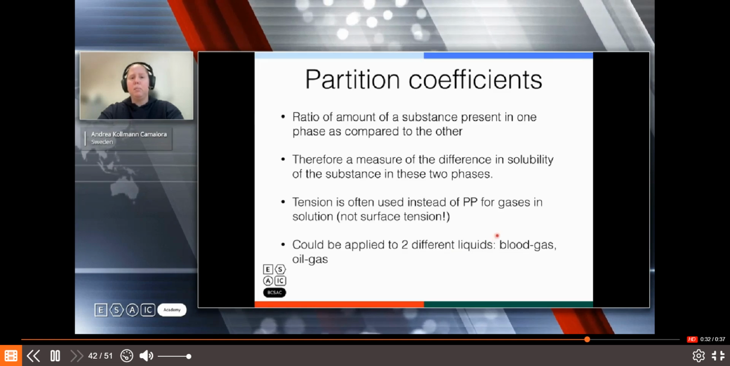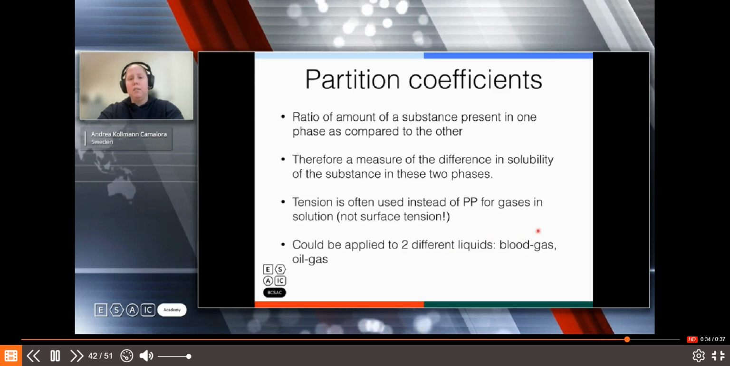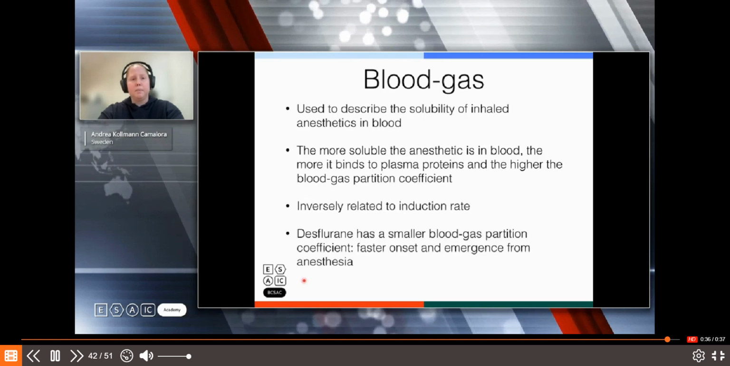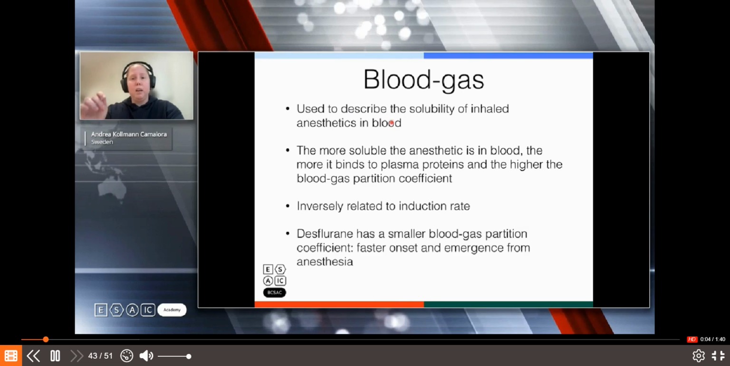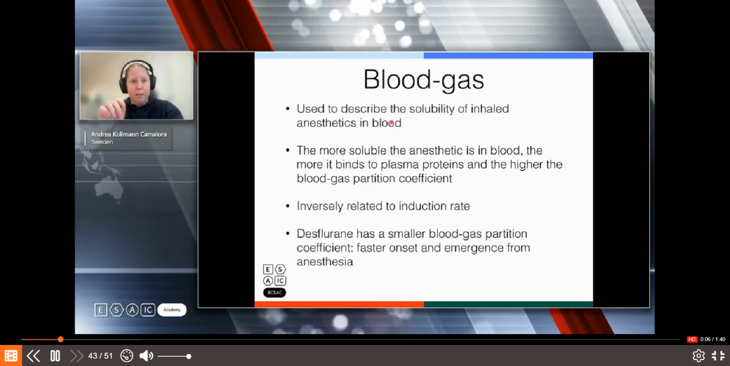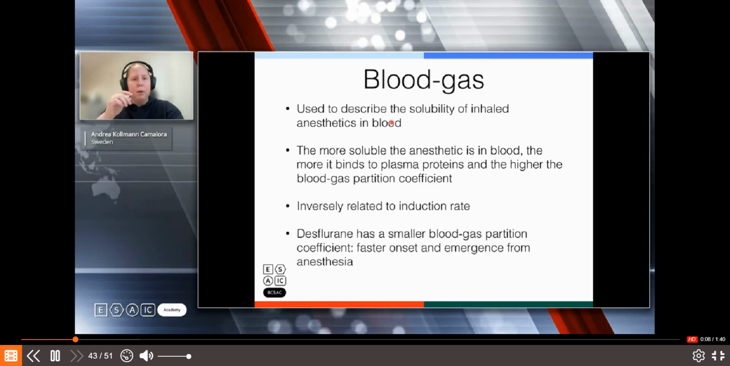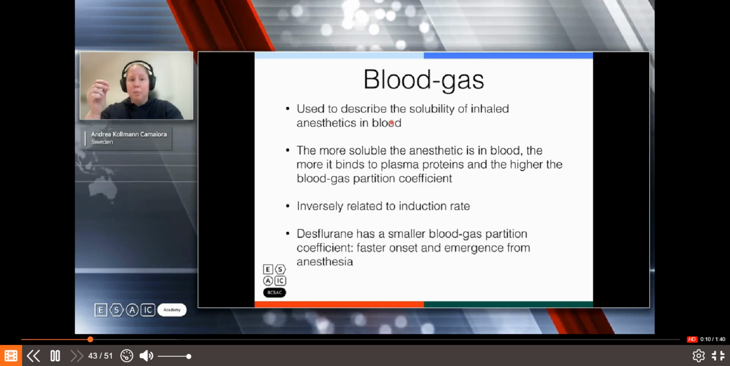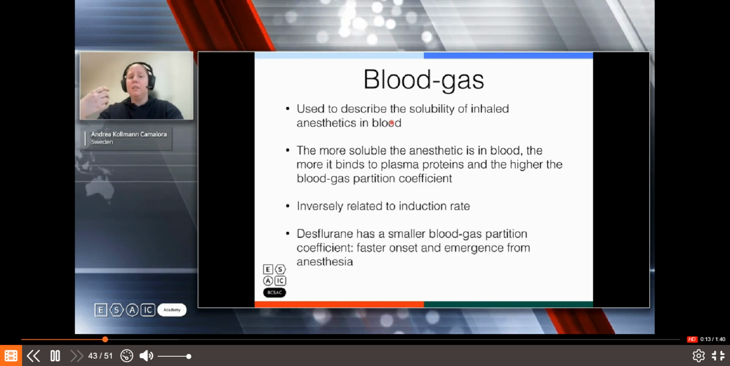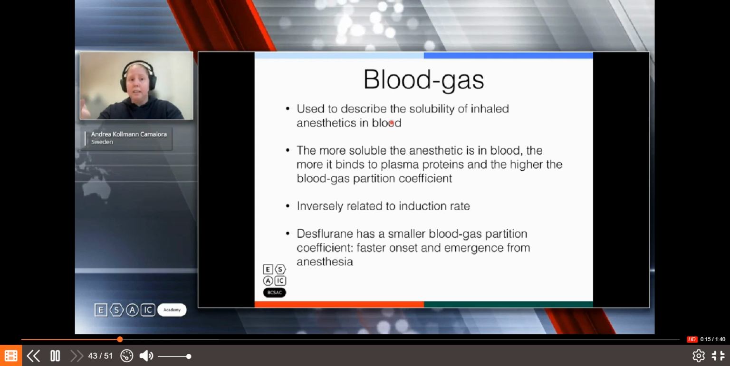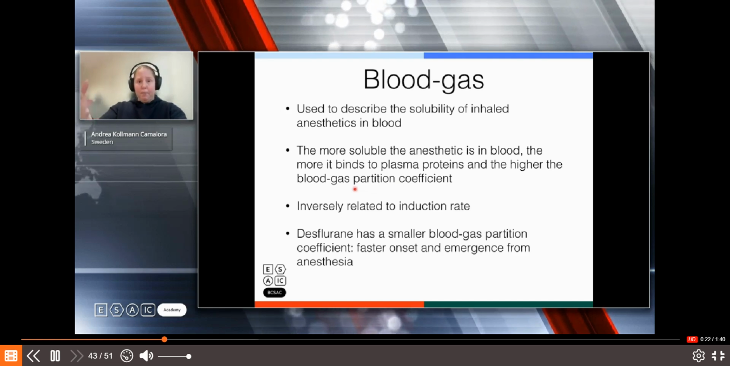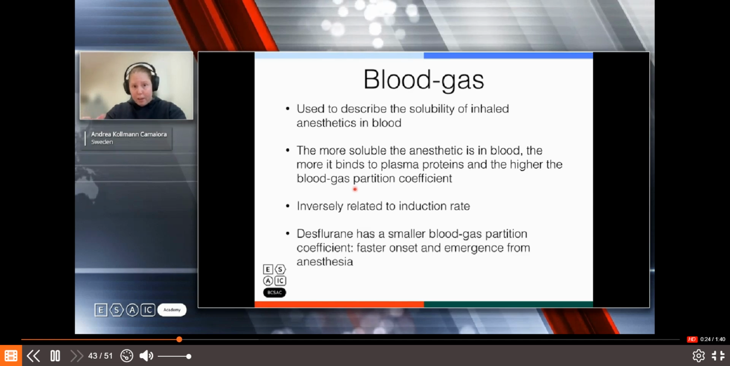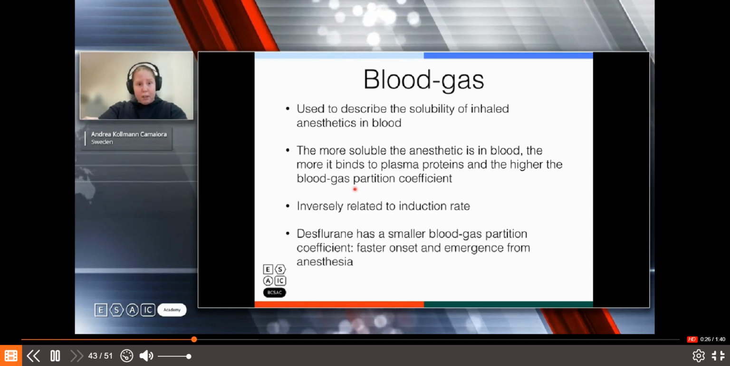For example, you have the solubility of anesthetic gas in blood versus in gas or oil gas. So blood gas is used to describe the solubility of inhaled anesthetics in blood. The more soluble the anesthetic is in blood, the more it binds to plasma proteins and the higher blood gas partition coefficient. So if the gas is very soluble, it dilutes in the blood, it binds to plasma proteins, and